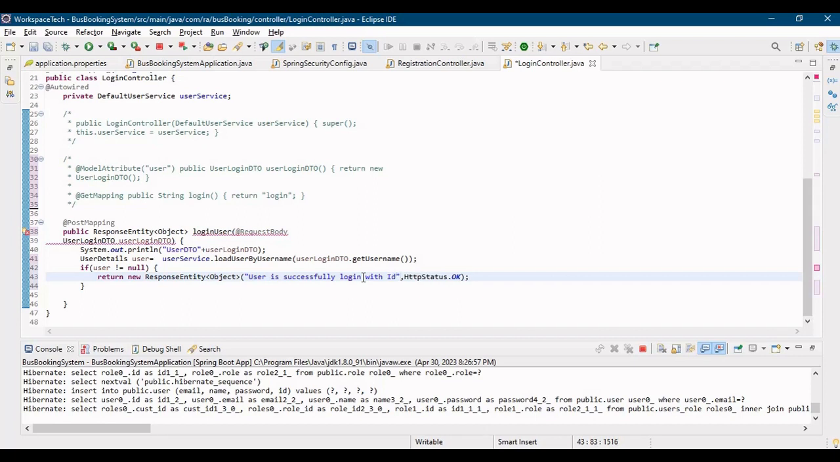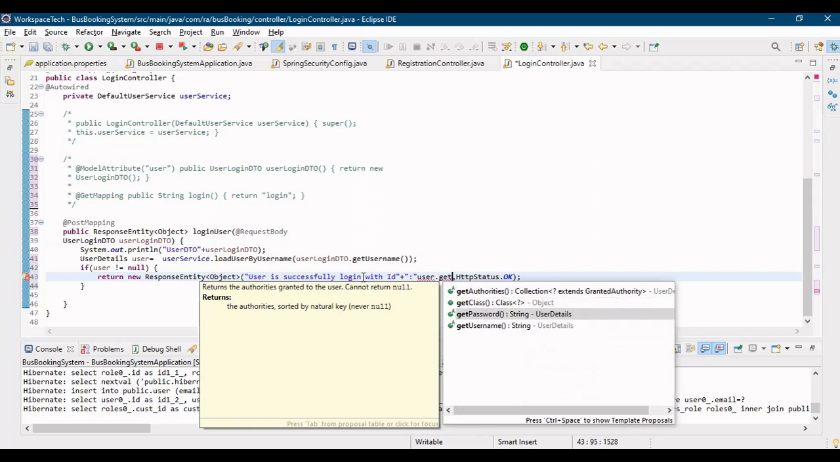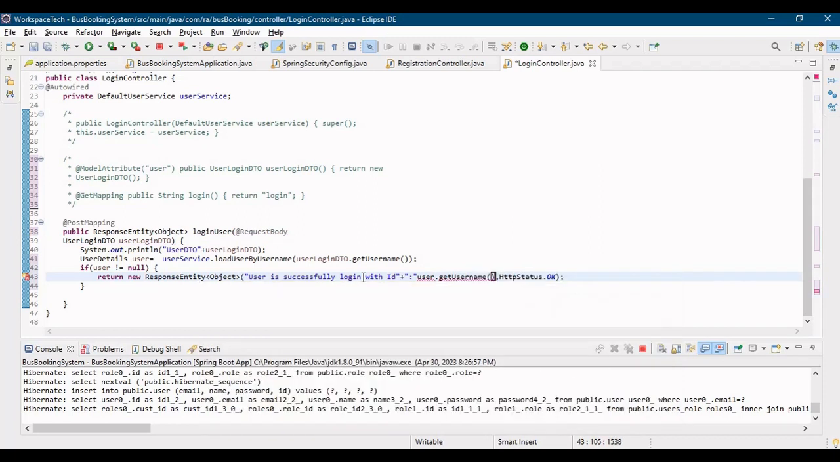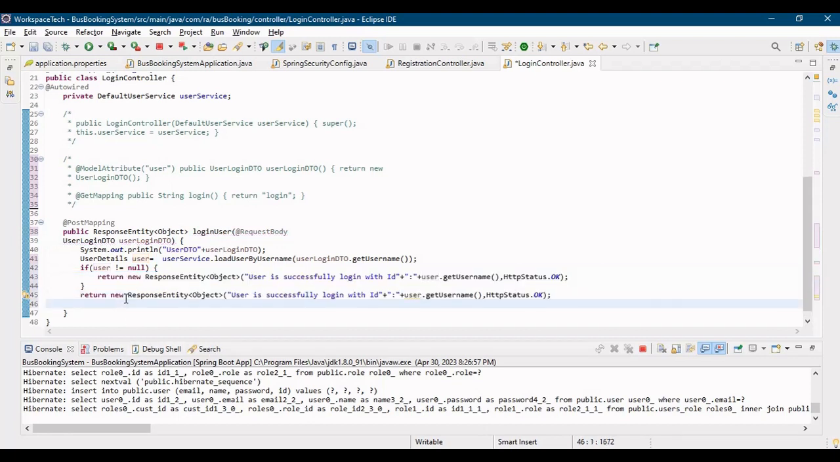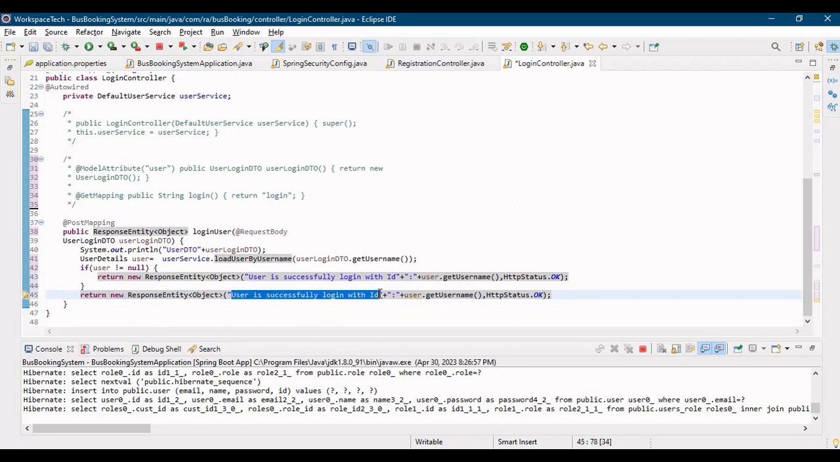Here I have the email ID, so I'll say user.get username, right? Username is an email ID, so I have to put a plus here. It will say that your user is successfully logged in with this email ID. And in case the user is null, so we don't find the user in the database, then also we need to return some response, right? So the response could be user not found,